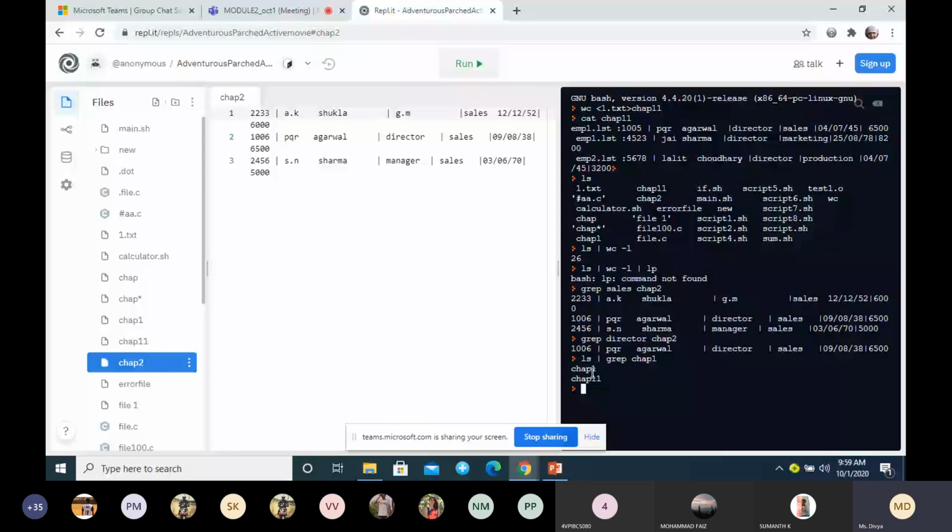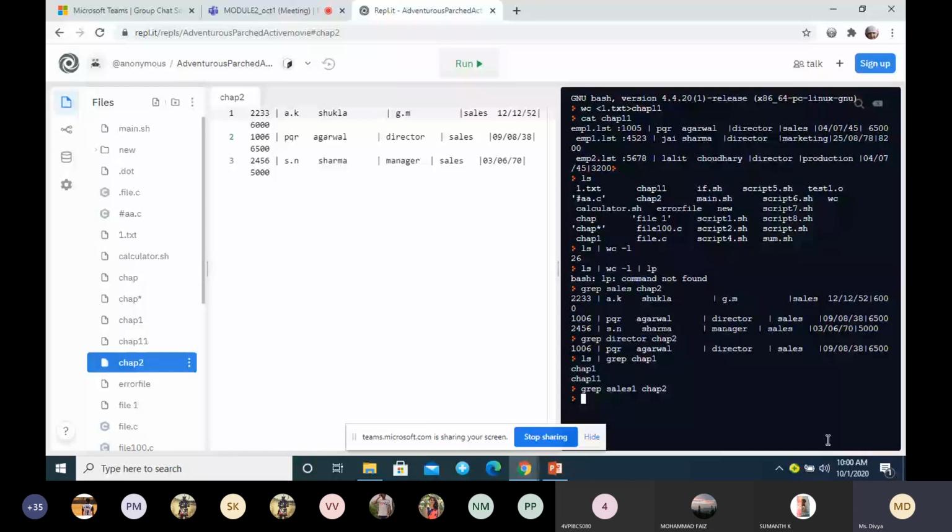Suppose I don't have a pattern with the name sales 1 here. I have only sales; the sales 1 pattern is not there. If I don't have it, then what will it display? It will not give any output.